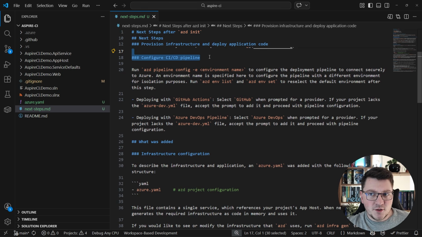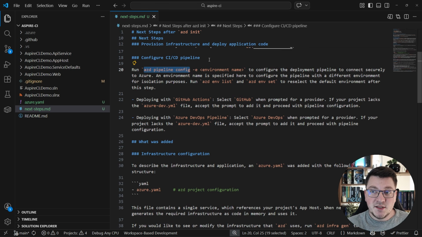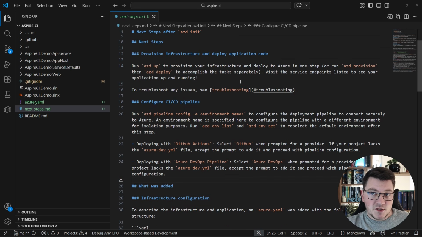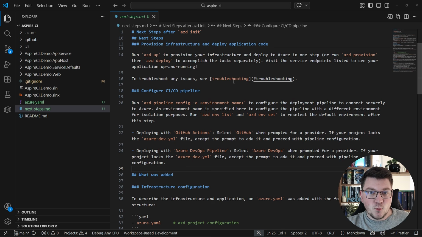Now, there's a nice section here to configure the CI/CD pipeline, and this is actually where we're going to take this next. I said I'll be using GitHub Actions, which is the default one, but you can also use this with Azure DevOps, and the command you need to run is azd pipeline config. Now, if this is your first time using the Azure Developer CLI with Aspire,